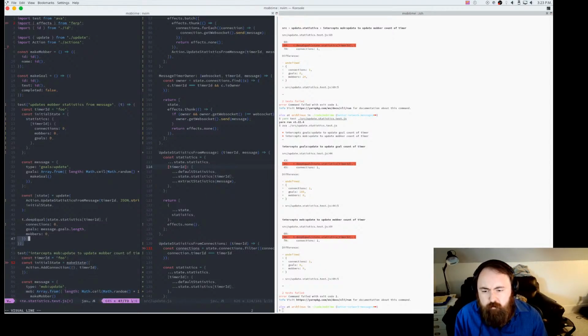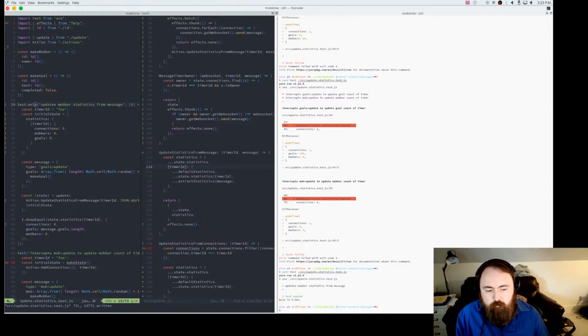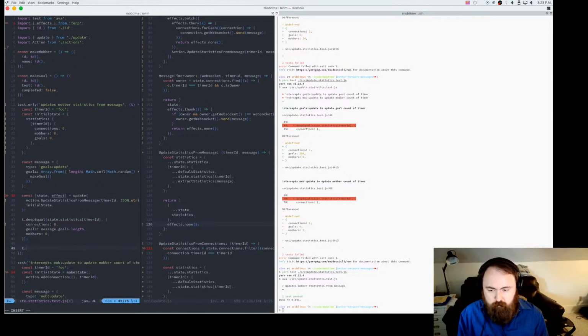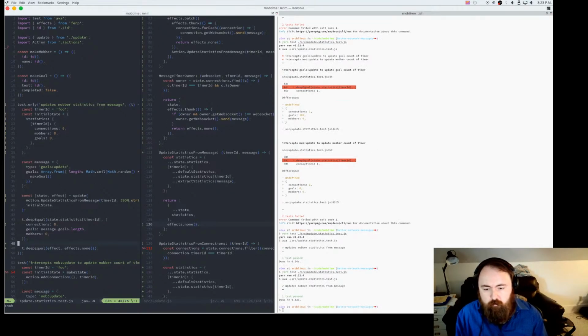Am I crazy? Why isn't it running this test? So if I do a dot only on that, okay, so that does work. Yeah, we can also pull the effect up here too. Let's rerun that again. Cool.